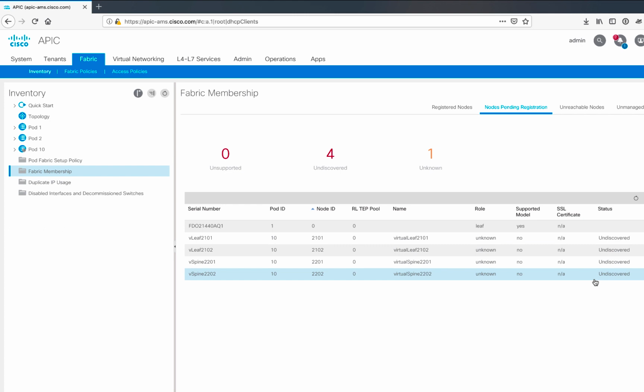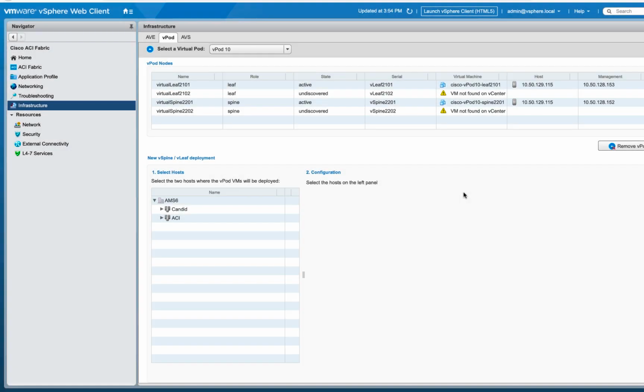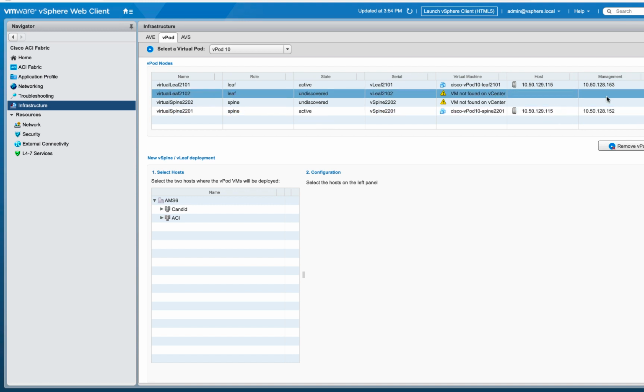But what will happen is when they deploy and spin up, APIC is automatically going to see them, discover them, and register them, in which case my single vLeaf and vSpine in my lab environment will move over to registered nodes. Okay, after about 5-10 minutes or so, everything has deployed and spun up, and we can see in the view of vCenter with the ACI plugin that we have deployed 1 virtual leaf, 1 virtual spine on host 115. Management IP addresses have been handed out. I have DHCP set up on that segment, so they'll grab a DHCP address,